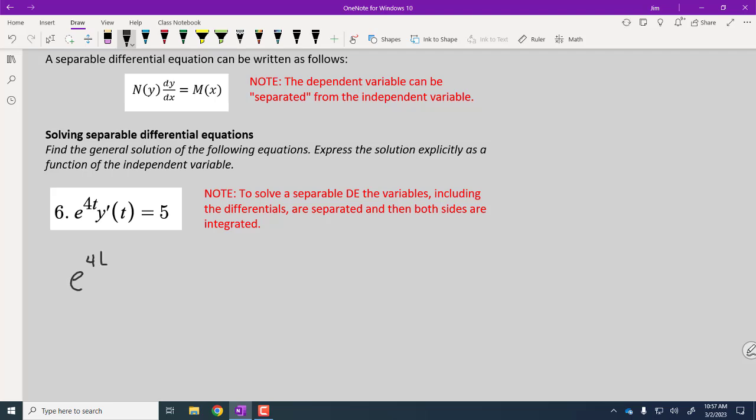So we have e to the 4t and y prime is dy dt. When we look in here, we see two variables, the y and the t. The y is in the numerator of the derivative, so we know it's the dependent variable. We have a dt in the bottom, so we know t is the independent variable. So right now the variables are all mixed on one side of the equation. What we would like to be able to do is have a situation where we can get